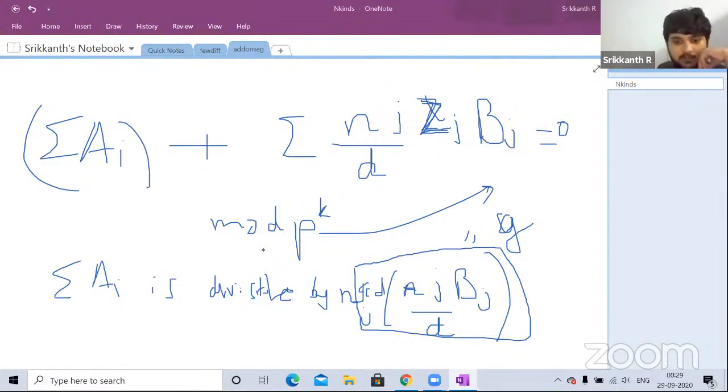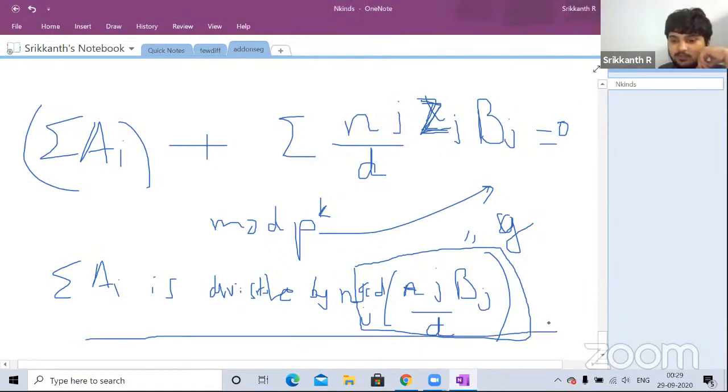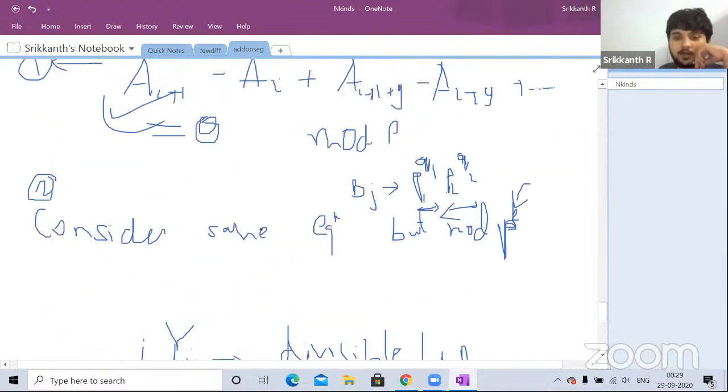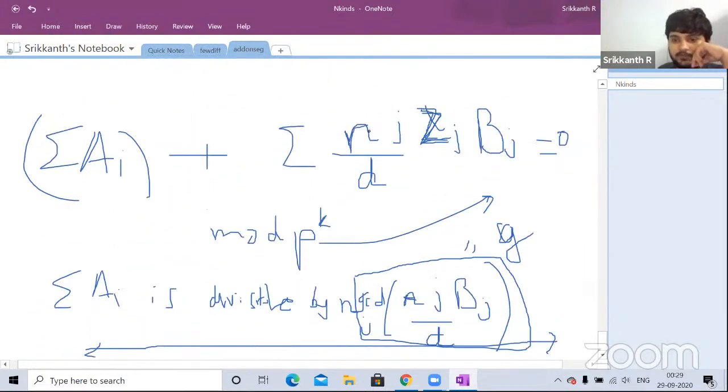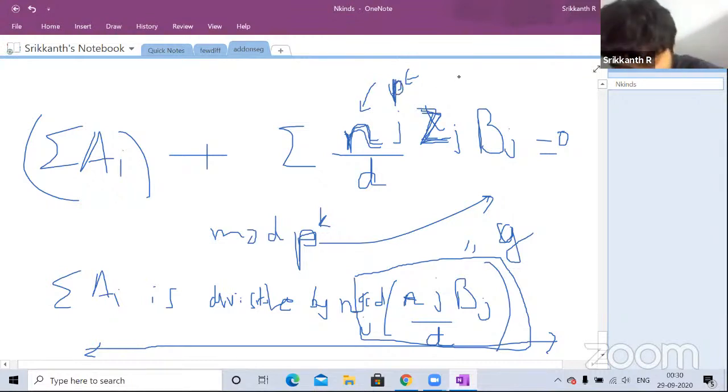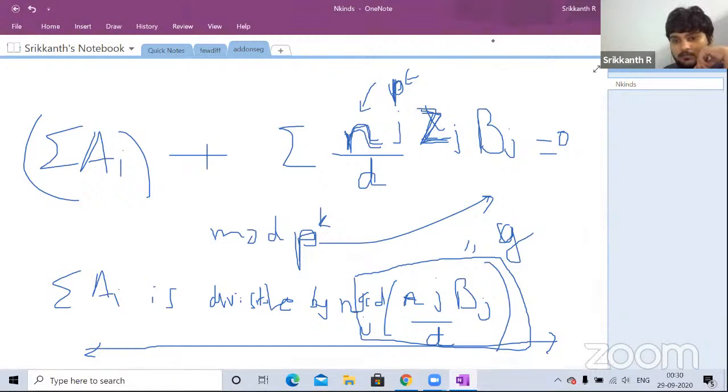Yeah, we got this one constraint, but this is not right, unfortunately. So like how we did here, we will consider modulo p per k as well. So let's consider those p per k's that are in bj's like we did before. Let's say that n has p power t, or p power t is the highest power of p that divides n, right? Yeah, we can remove all bj's which are already divisible by p per k. For those which are not divisible by p per k,